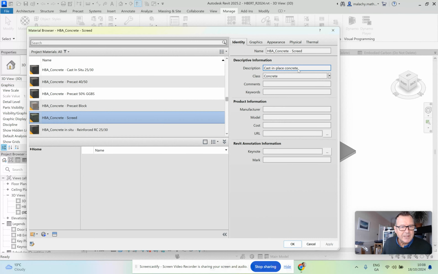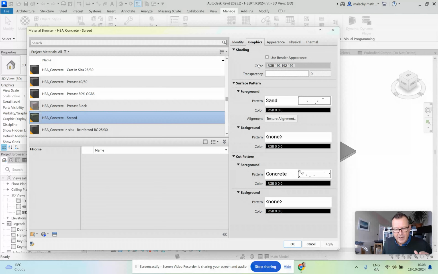They have some identity data here as well, which is handy. The graphics are not great. You might need to go in and adjust the graphics to your preference. In terms of concrete, and the way we like to have our insulation colored a very light yellow, so we can see the wraparound of the insulation in the building and things like that. All right,